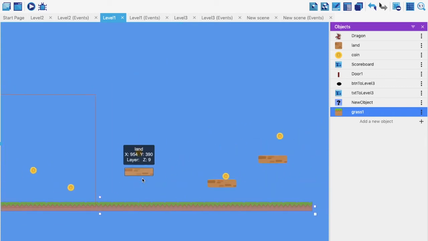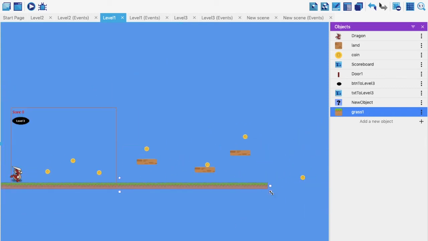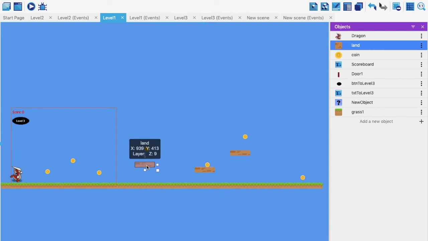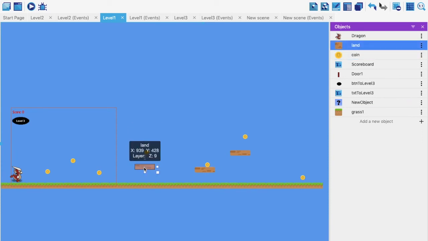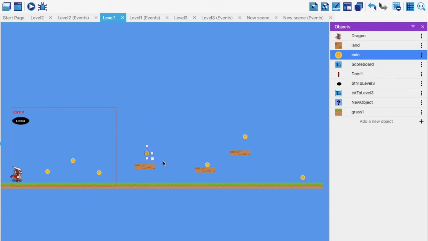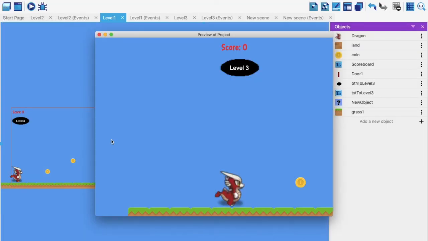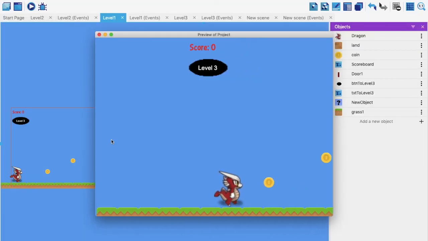Okay, and command minus just to see the whole section. I'll just put it a little bit ahead over here like this, and this was quite up and my character was not able to jump, so I'm going to take it a little down. Yeah, there we are. And now let's see how it looks. Much better.